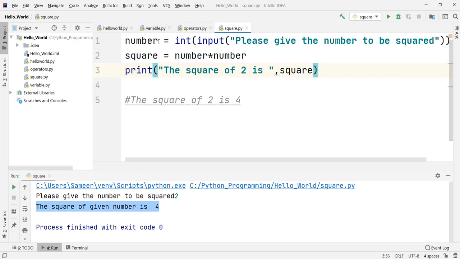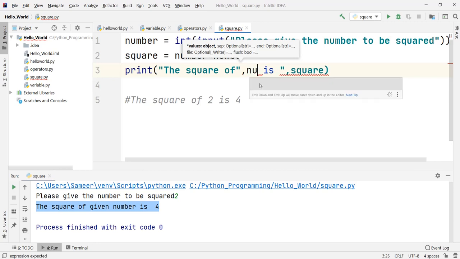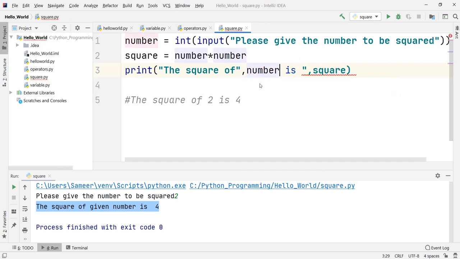That is why we have made use of this variable, so as to store that input. You'll have to make use of this variable here so that whatever number the user gives, we will print it as it is, and then the square of that corresponding number. Whatever we had done here, the same thing we'll have to do here. The easiest solution of this problem would be the square of, again I'll have to complete this string here. Again I'll have to put one comma. Again I'll have to put the variable in which we have stored our number.